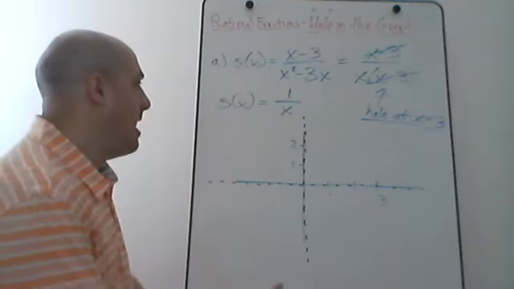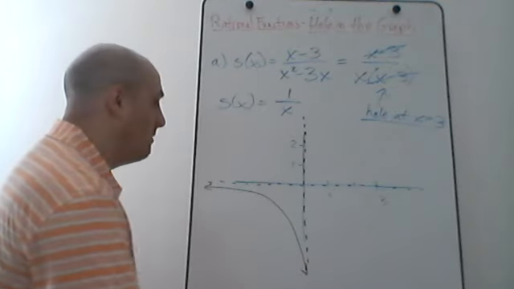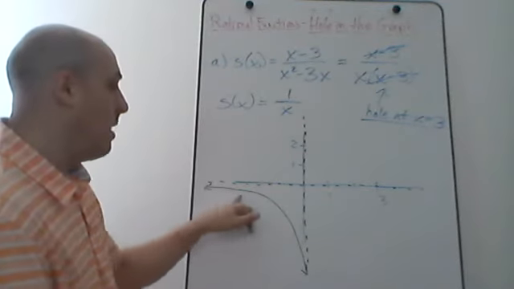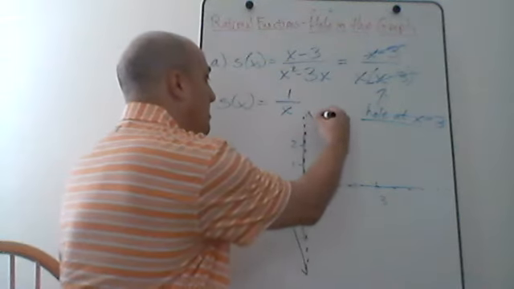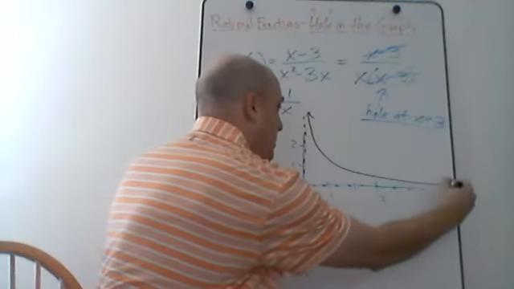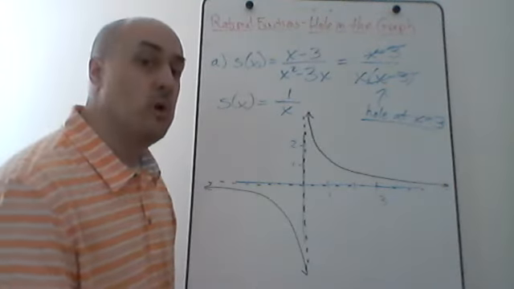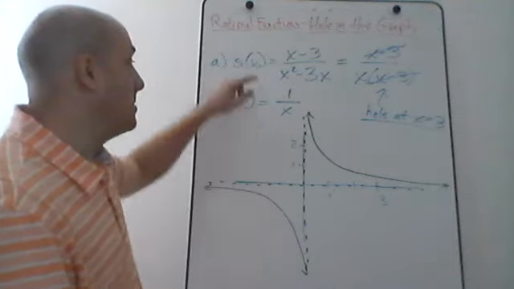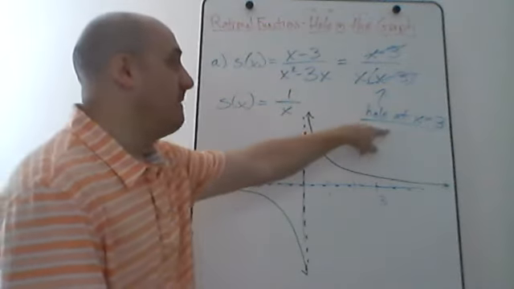Right? And if you recall the graph of 1 over x, and again, it's one of the parent functions that you should just know what the graph of 1 over x looks like. It's down here in the third quadrant where it goes between those two asymptotes, and it's also up here in the first quadrant doing a similar thing between those asymptotes. All right, so that's what the graph of 1 over x looks like. But remember, we did not set out to graph 1 over x. We set out to graph x minus 3 over x squared minus 3x, and that graph has a hole at